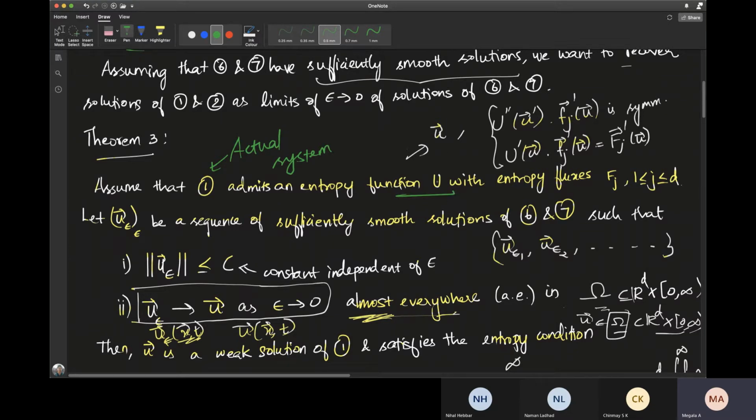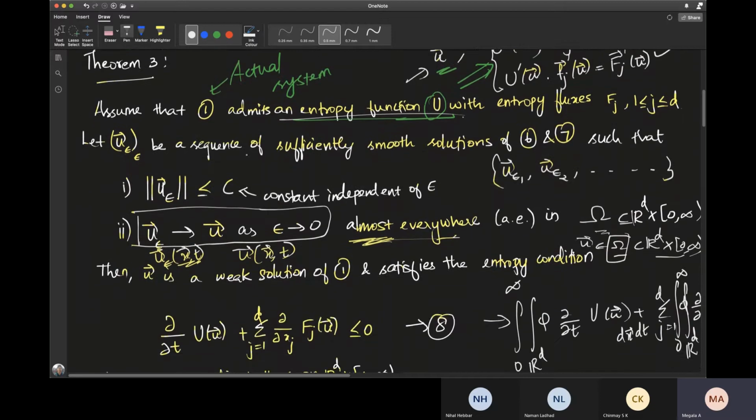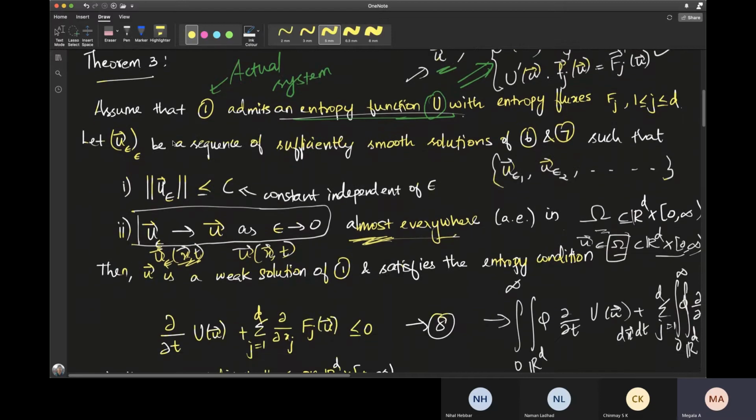That is, this entropy function has been constructed using the classical solution, U vector, which implies that U double prime of U dot Fj prime of U vector is symmetric. These two things are necessarily implied when we say that one admits an entropy function and entropy flux function. Then